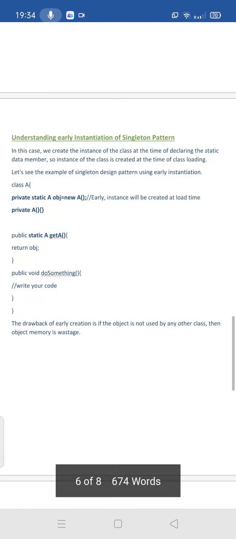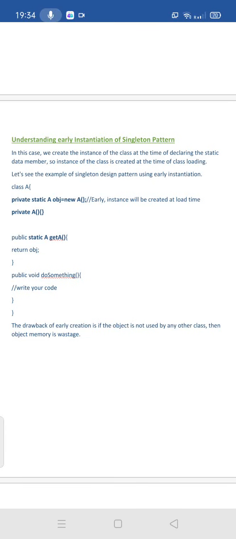Let's take a class with the name A, and inside that class I am declaring a static data member with the name obj of type class A. While declaring this obj static data member, at the time of declaring itself, I am creating an instance of class A, and obj refers to that instance.